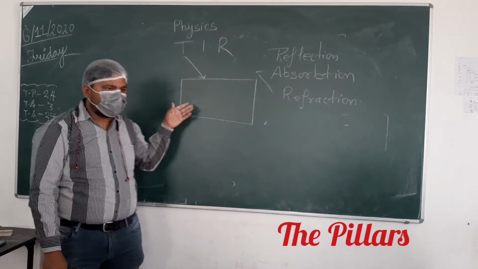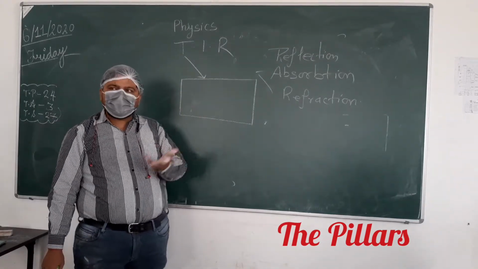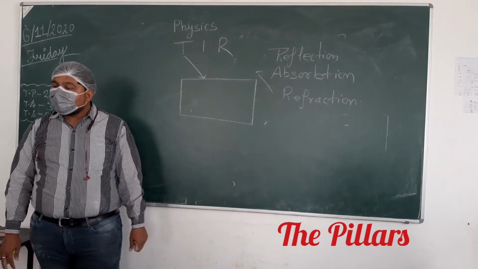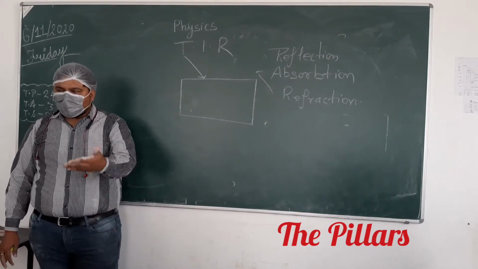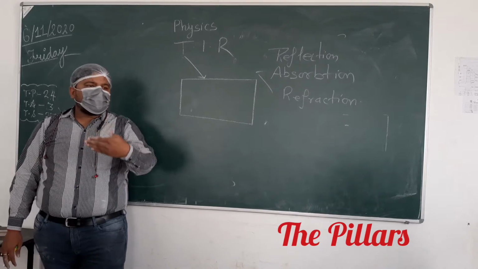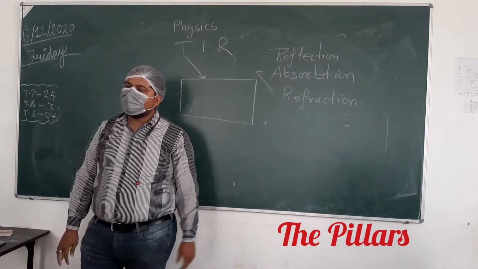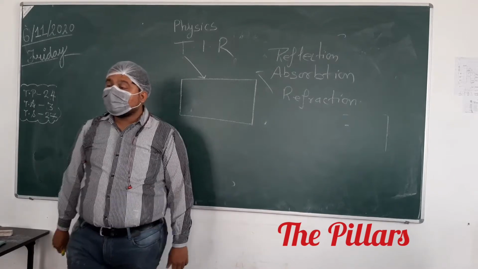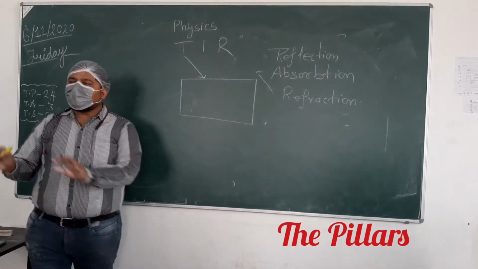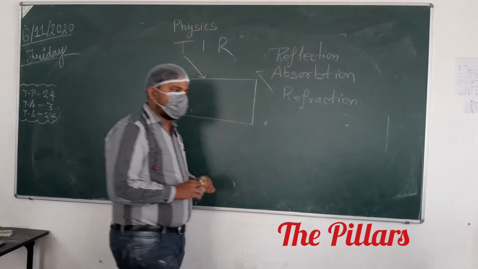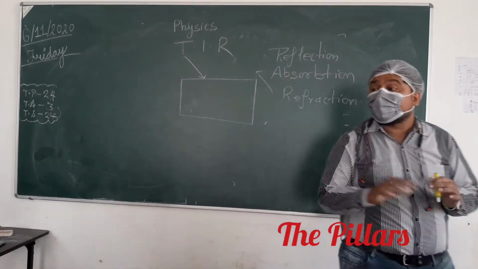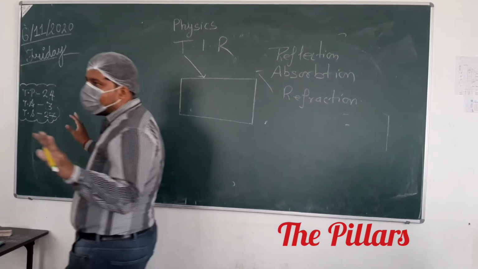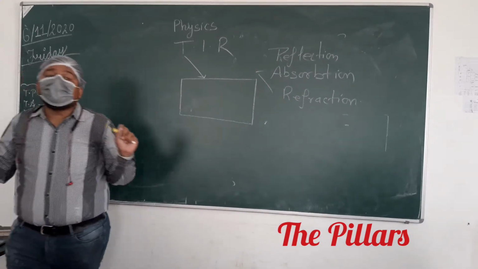Suppose we have water also. Again, you are able to see the surface of water. Yes or no? Definitely, you are able to see it. It has no color, so color you are not able to see. Black also you are able to see or not? No, sir. It is not perfectly black. If any body is perfectly black, you will not be able to see that. Remember this thing: no body is perfectly black.